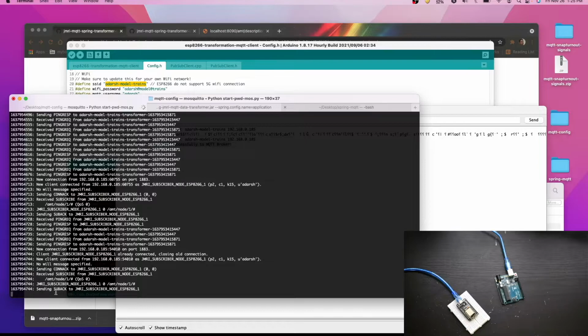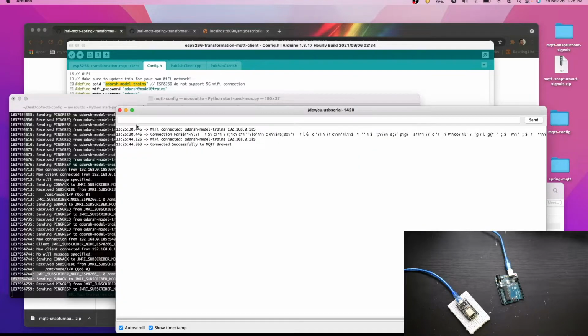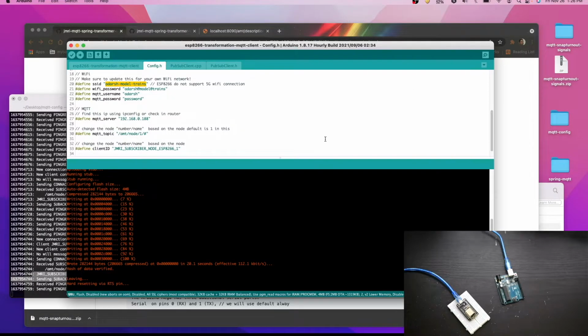Here it's connected. It tells that it's already connected. So this is the first step which we have done.